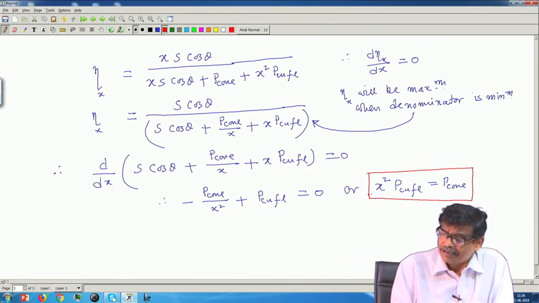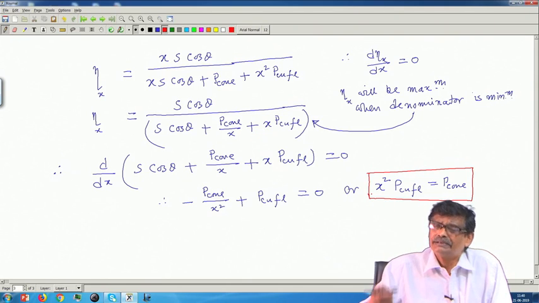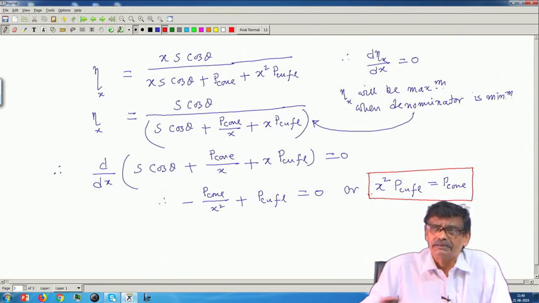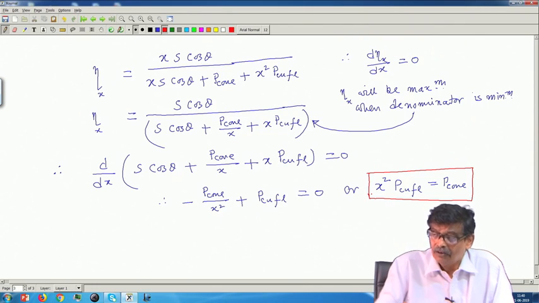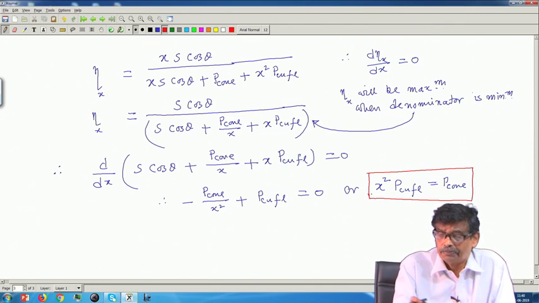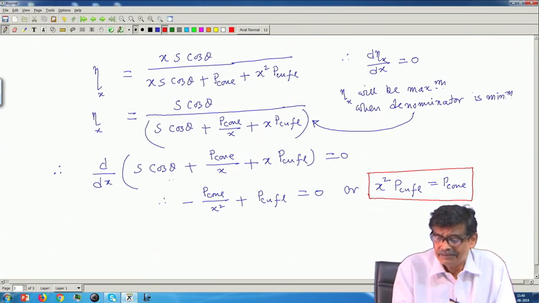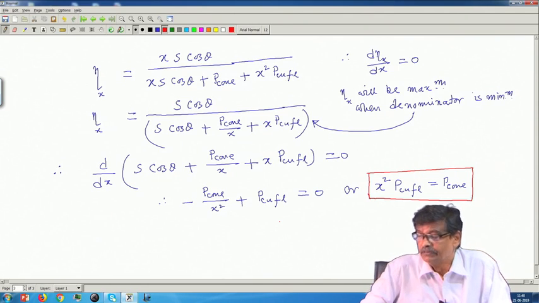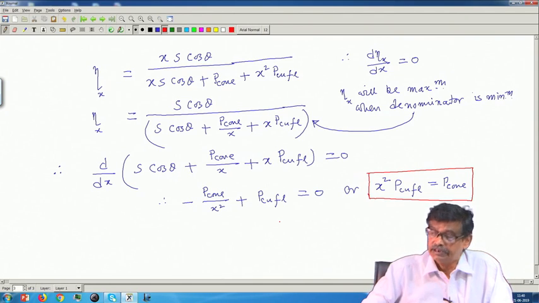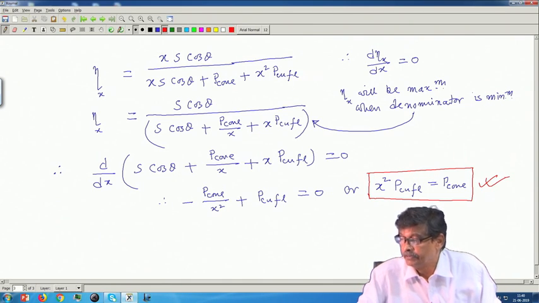Whether it is minimum or maximum, you calculate this, double differentiate, you can show this is the point we are looking for. Only thing, you could also differentiate this expression, then in the numerator there is x, denominator x, I want to maximize this, means you minimize this one, it is just one line then derivation. That is why I have adopted this, you divide by x, because we are looking for some finite values of x for which efficiency will be maximum, and this is the condition, this must be set in.